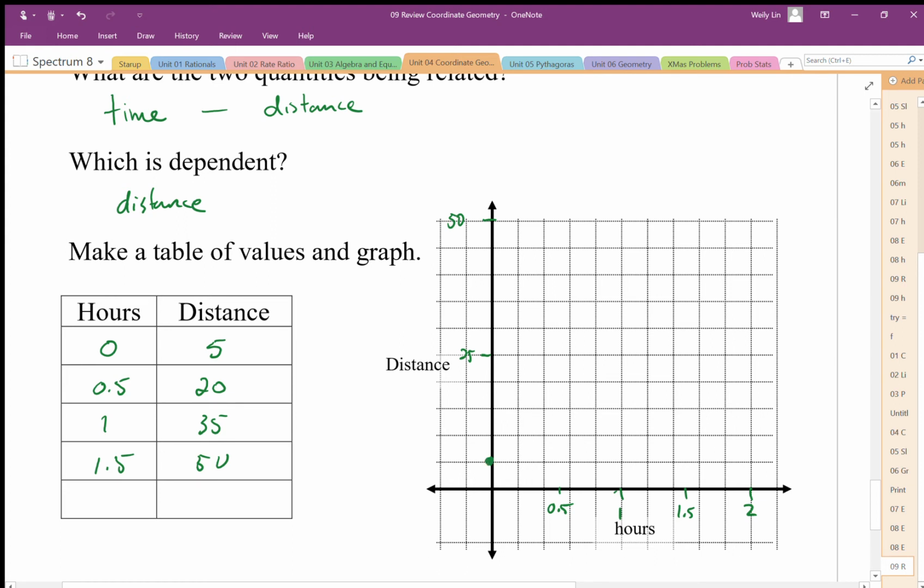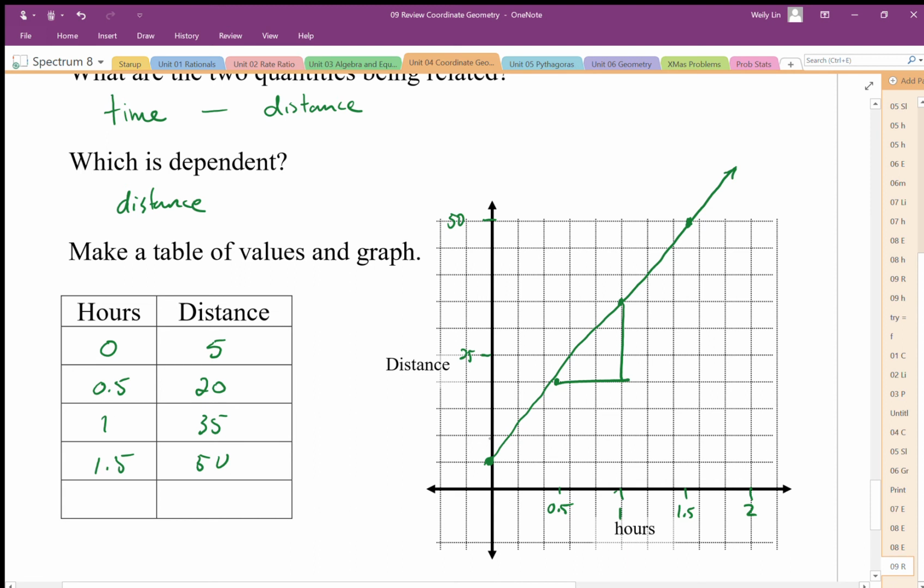Okay, and we can plot our points here. Starting at 5 kilometers, at 0.5 hours we're at 20 kilometers. At 1 hour we should be at 35 kilometers, somewhere around here. Oops, that's going to be right there. At 1.5 hours, we're at 50 kilometers, so that's going to be right about there. And again, these points line up. We have a straight line relationship that has slope